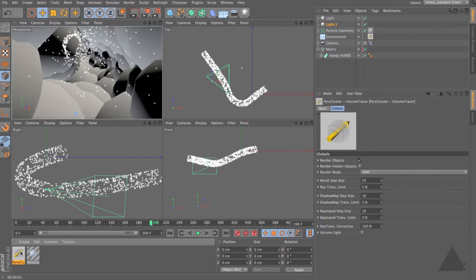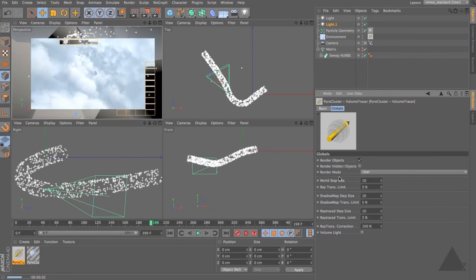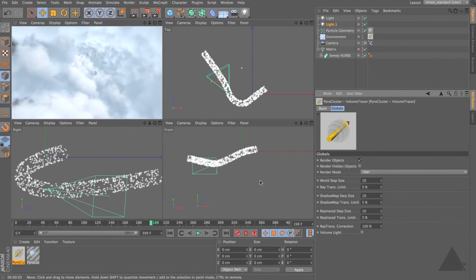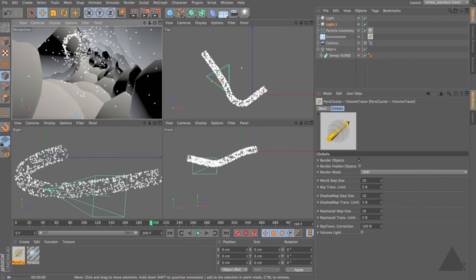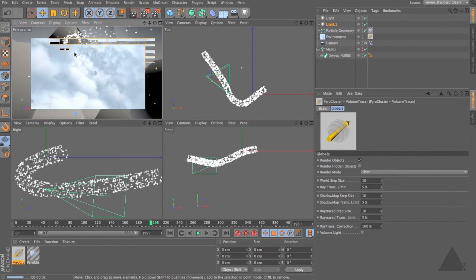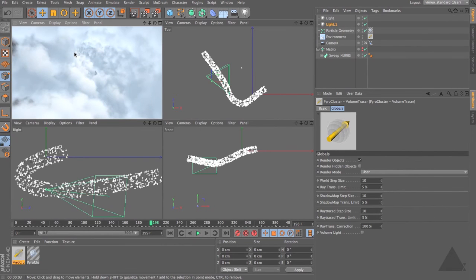Let's come back to our volume tracer now and set our world step size down to 10. So render times are going to increase a fair amount, but you can see that it definitely looks a little bit softer and a little bit more interesting. Now we don't have any shadows on our lights, and both lights are the same intensity. I haven't spent too much time on this, but you can see already that it's starting to look pretty nice. So what I'm going to do is render this out so we can have a look